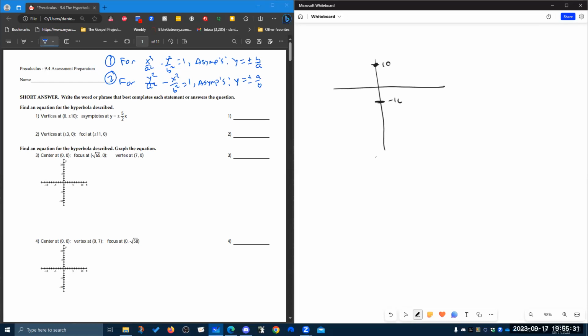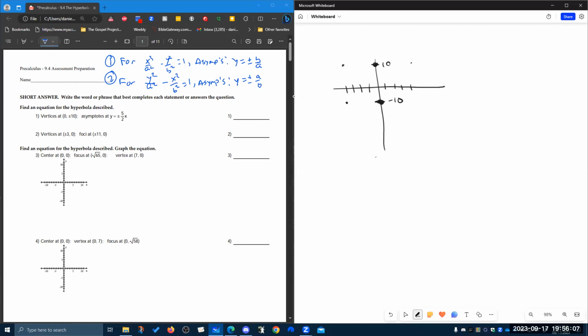Those are going to be points that are on the hyperbolas, and we're going to have asymptotes that go through the origin because they have a y-intercept of 0 and they rise 5 and run 2. So to get up here, we're going to have to go 1, 2, 3, 4 to be part of this box. 1, 2, 3, 4, and